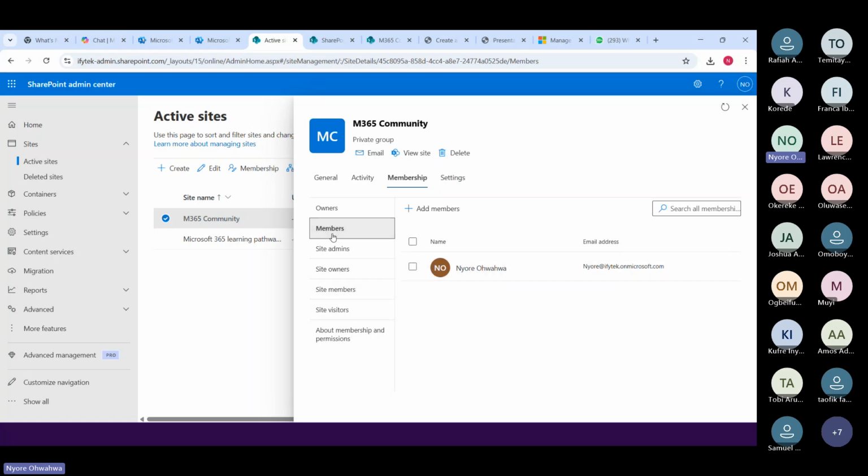I can also go into the site to add owners, members, and visitors. Owners are people that have full control on the site. You'll be able to invite users to the site and delete anything on the site. Meanwhile, members have just edit permission on the site.